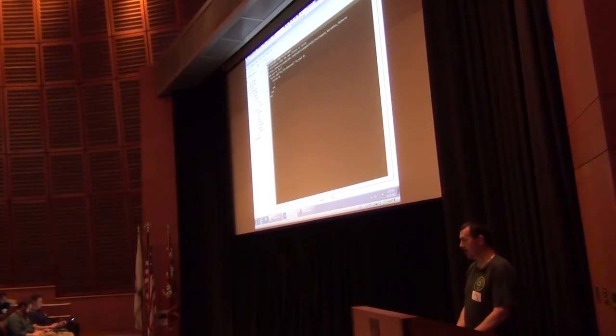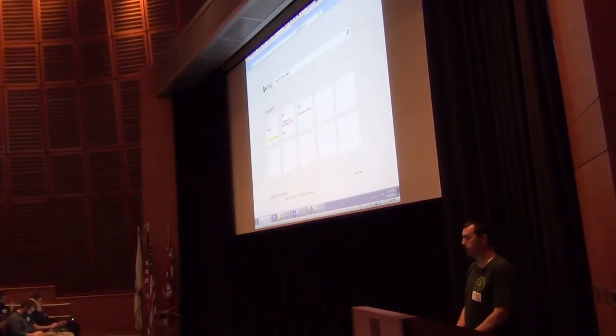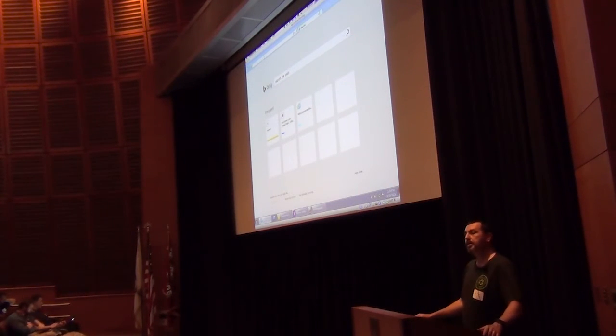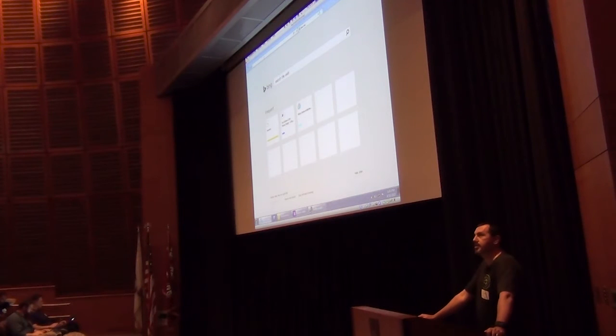Also, do you have any suggestions or pitfalls you ran into regarding using files versus templates, the Ruby templates on the Windows side? Using files versus templates. I use them both. I'm not sure